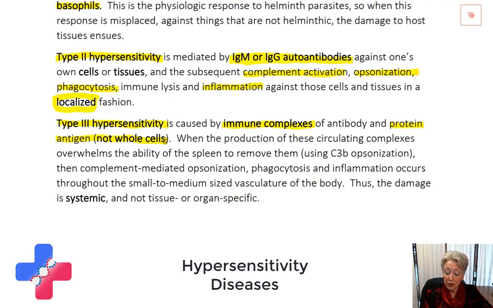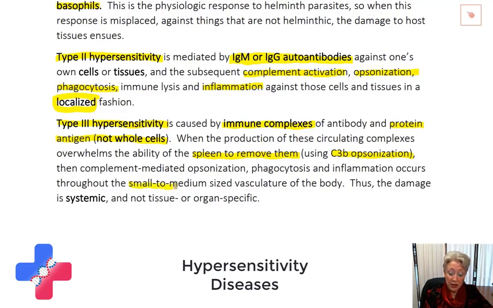So when the production of the complexes, the antigen and the antibody, circulates, the spleen is tasked normally to remove them from the blood via complement opsonization. But when there's too much for that to work, when the spleen is overwhelmed because there are so many of them, then what happens is I have spillover of those complexes